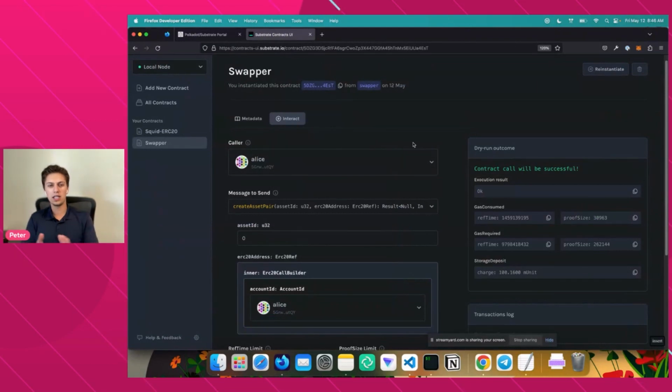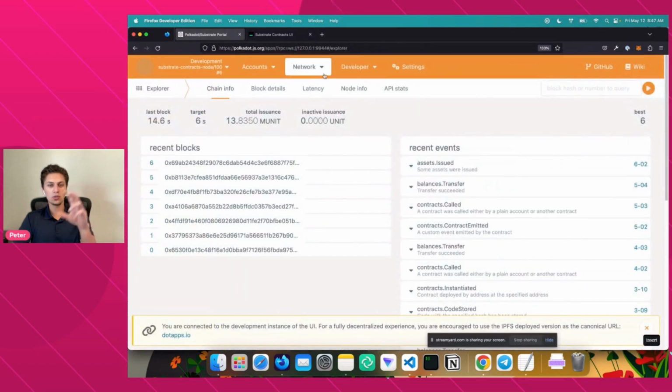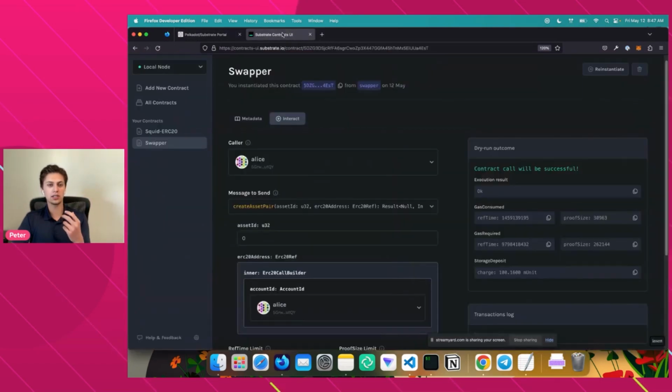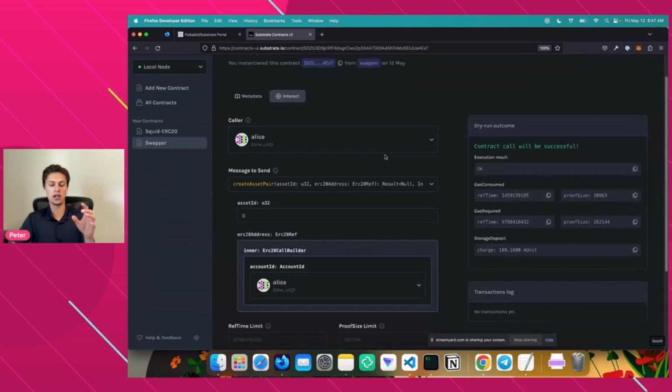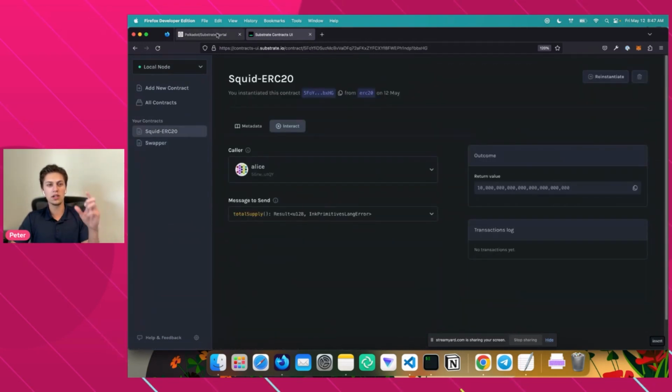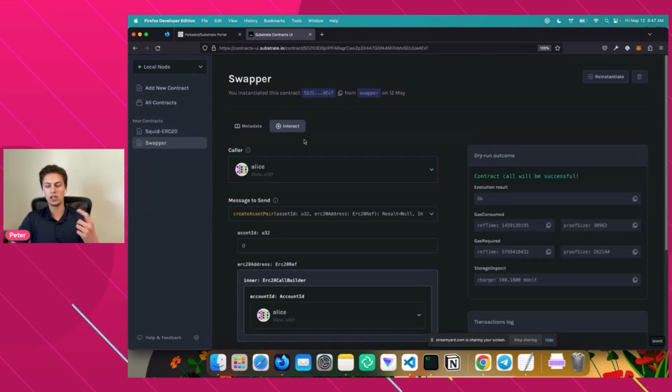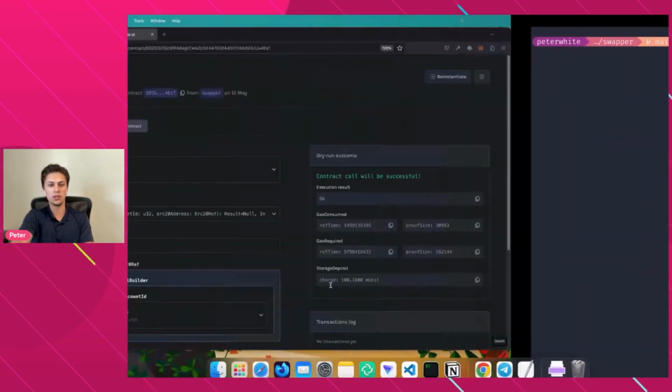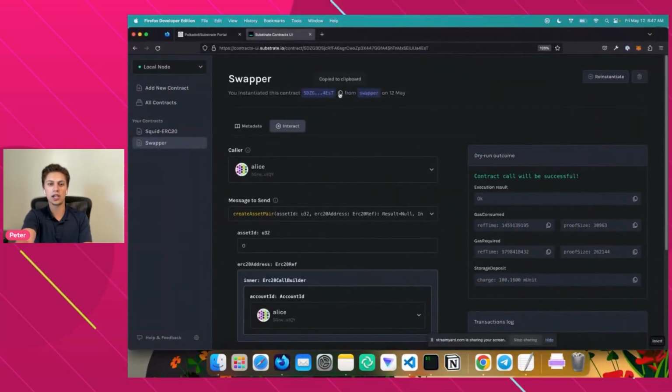Okay, so now everything is actually ready to do. We've approved the contract to spend tokens on behalf of Alice. We've given Squink coin to our contract. We've minted it to our contract. And then the next steps are, we're actually going to swap some of our Squid ERC20 tokens with our Squink coin. So let's go to the command line here, and we are going to use cargo contract